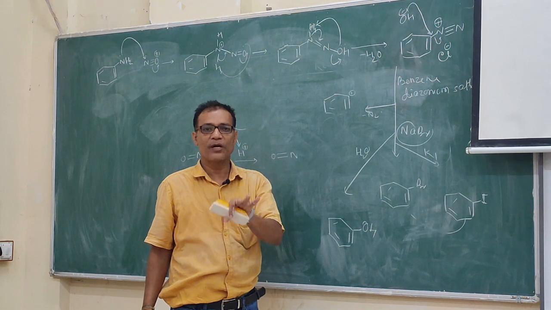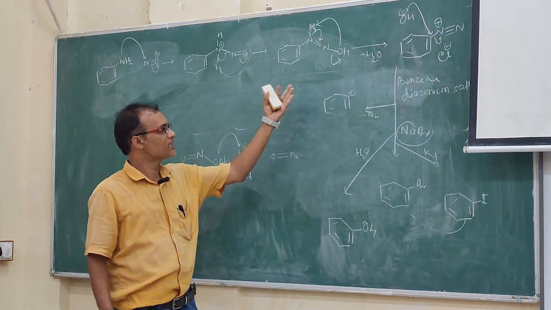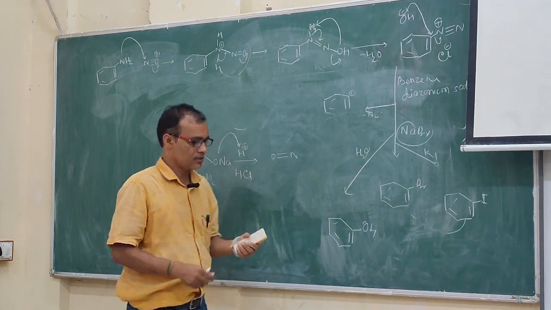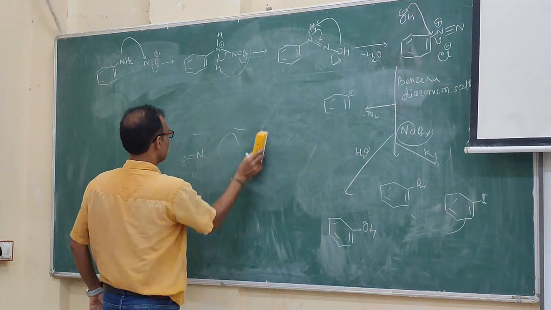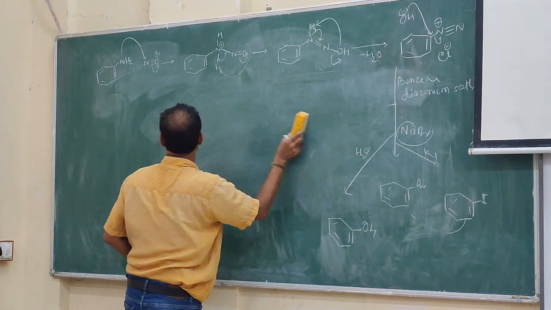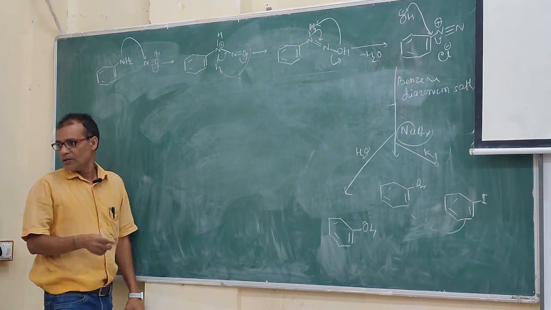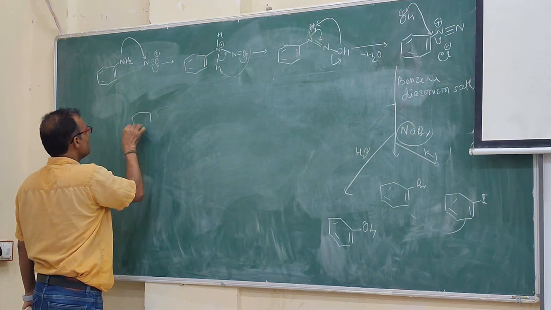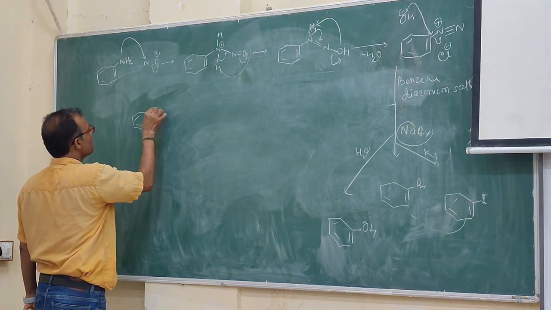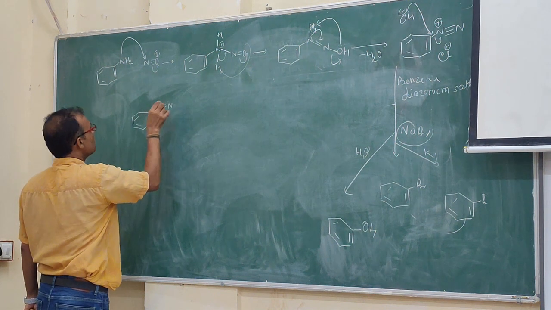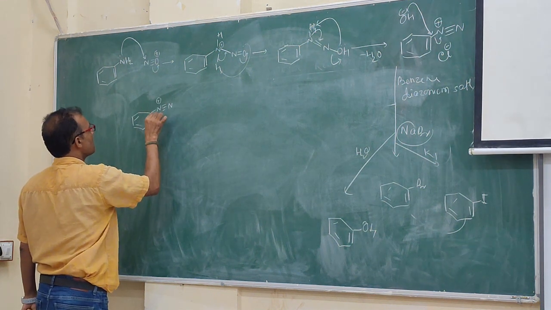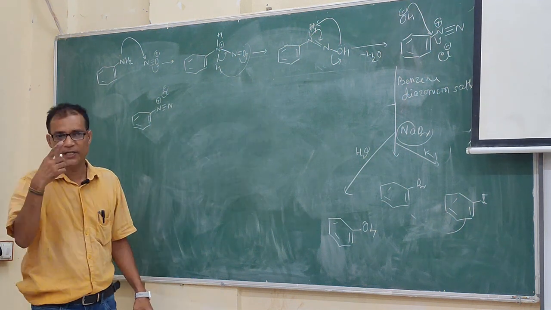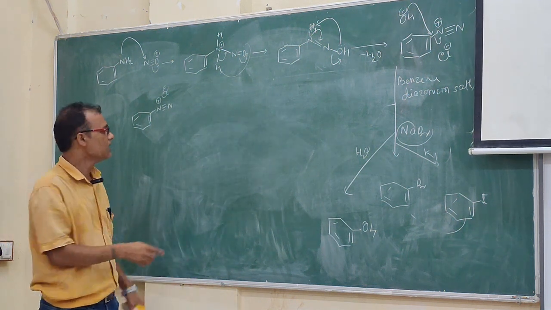Then what is the mechanism? This case is very easy, but in the copper case, it will go through a radical process. Let us see the mechanism again from here. So now I can write it this way. You have now this nitrogen, nitrogen, nitrogen. This is plus, and you have the counter ion Cl minus. Now suppose you are giving copper chloride. Okay. Suppose you are giving copper 1 chloride.